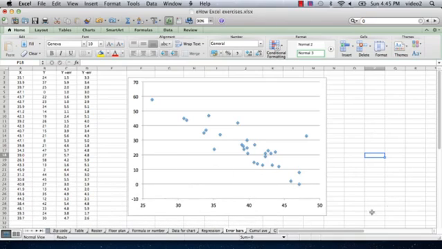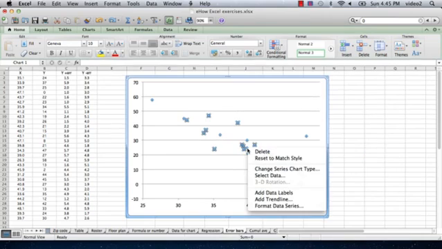I have a spreadsheet here with XY data, and I've got the chart with Y plotted versus X, and then also in the spreadsheet I have some error values, both a plus and minus error value on the Y quantity. To create the error bars, the best way to do it is to right-click on the data and go